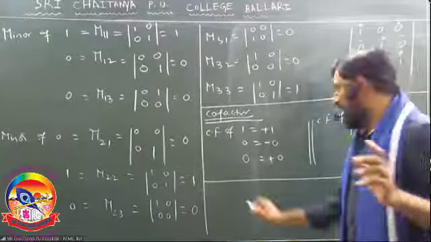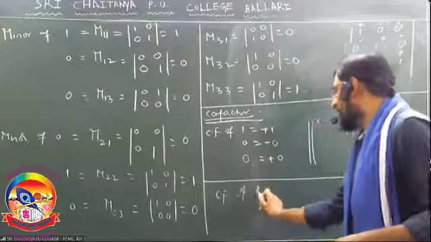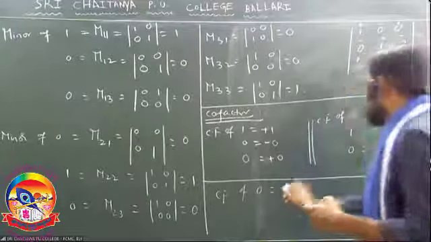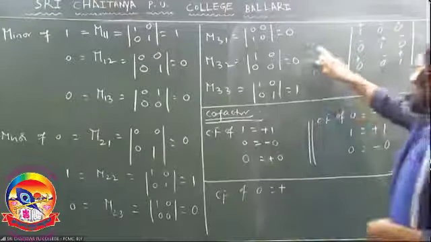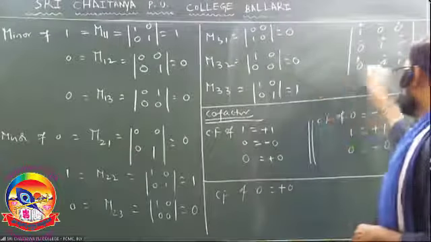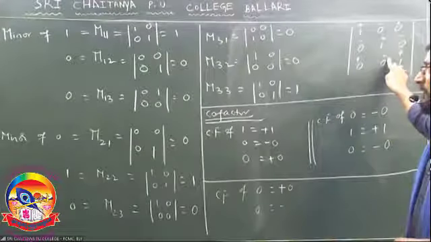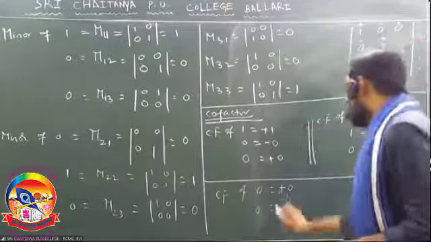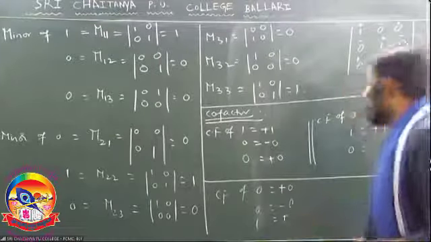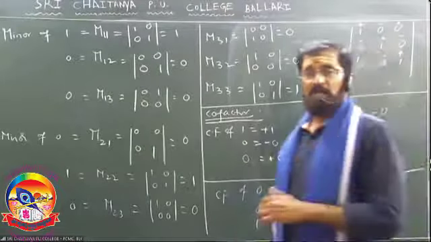Am I right? Now I want to find out the third row cofactor. Okay, cofactor of 0 is equal to, here it is positive. Am I right? So positive into minor of that element, which is 0. Okay, now cofactor of 0 is equal to, here it is negative. Am I right? Into minor of this one, which is 0, and cofactor of 1 is equal to, here it is positive into minor of this one, which is 1. Okay, I hope you understood up to this one.